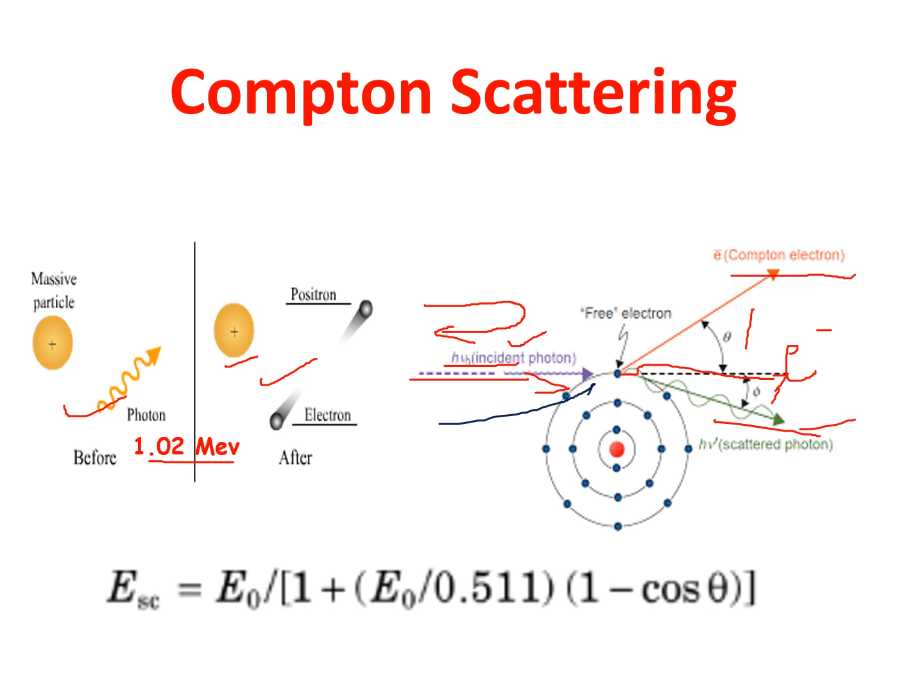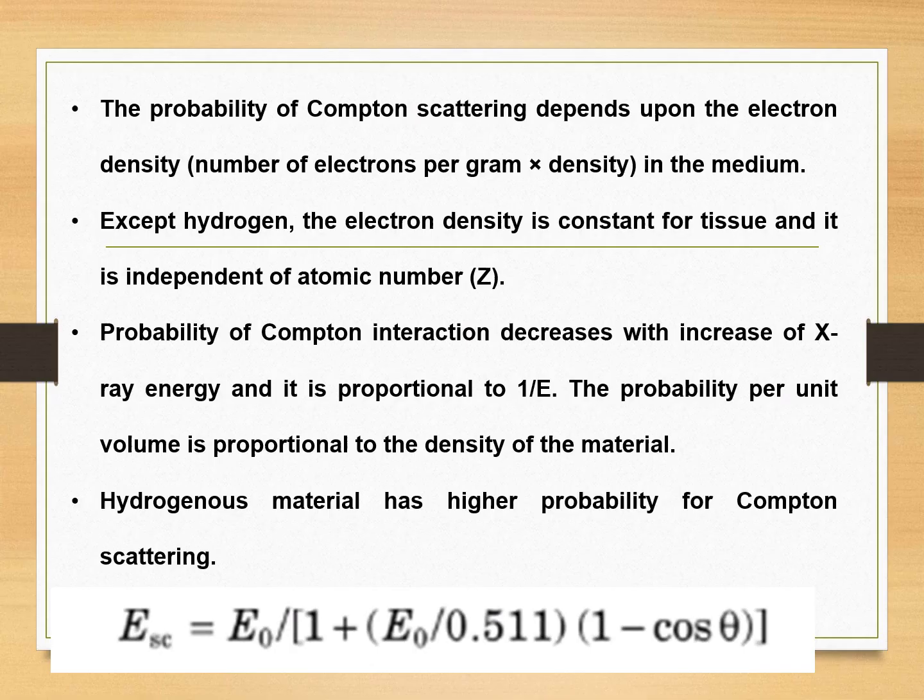At the same time, suppose the incident photon grazes the electron, that means 90 degrees, what happens? This electron will move over here. At the same time, this scattered photon moves forward. This photon, having energy h nu, has a higher energy, but this electron ejected here has a lower energy. In Compton scattering, the photon doesn't disappear. It deflects through the scatter.